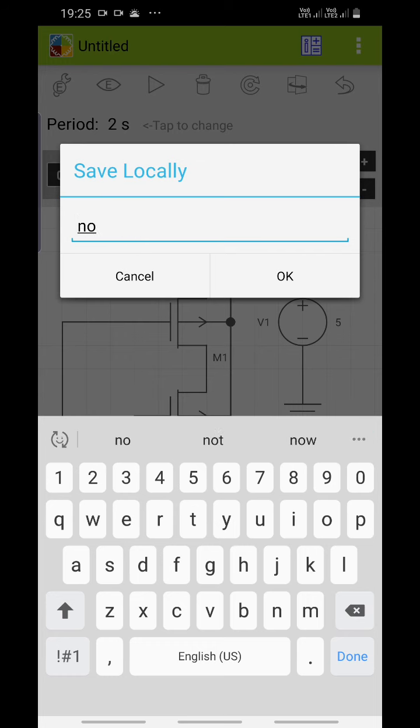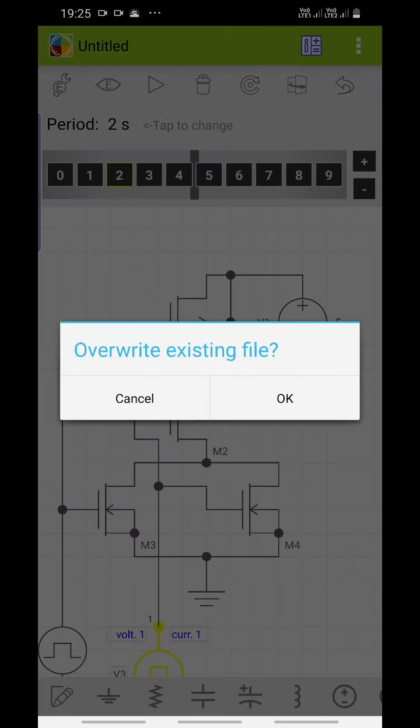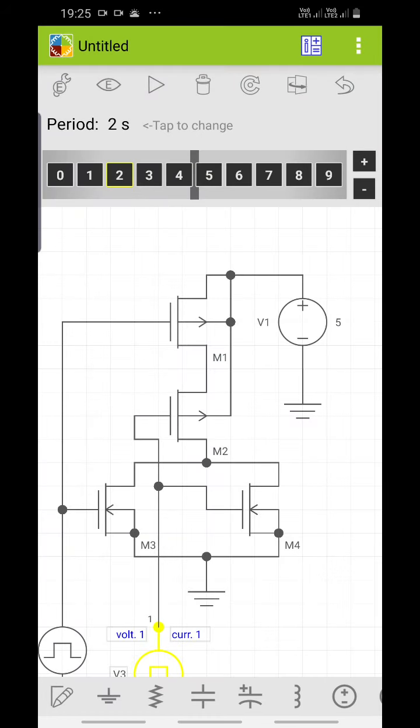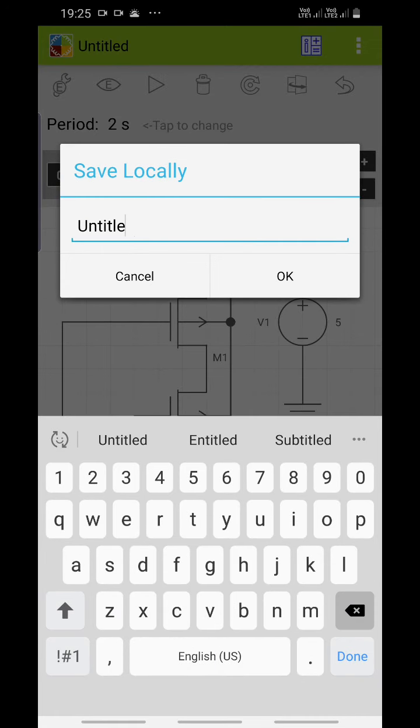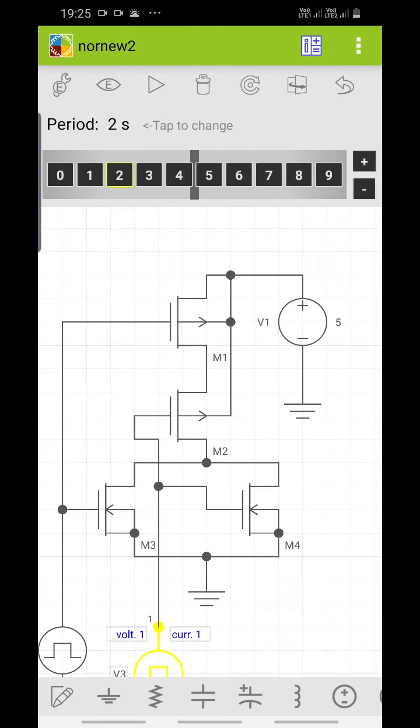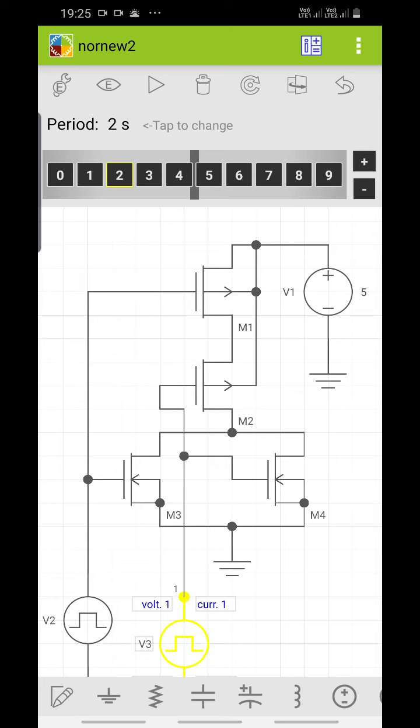NOR new. If that name already exists, give some other name, NOR new 2. Then run.